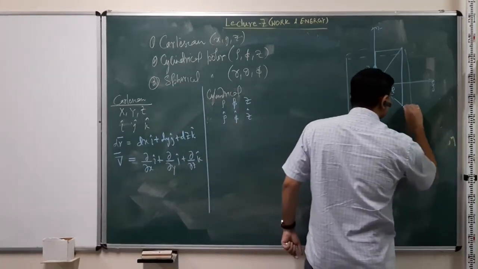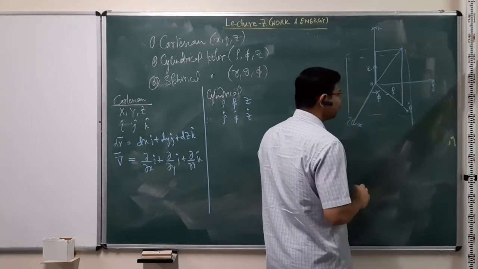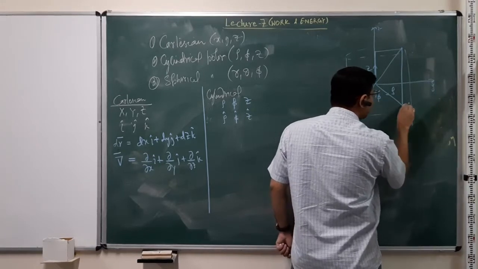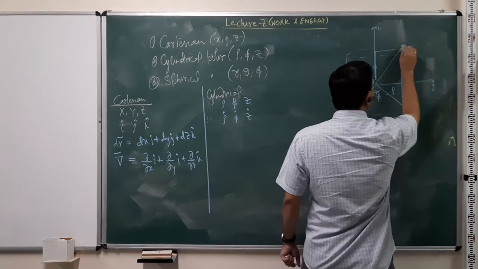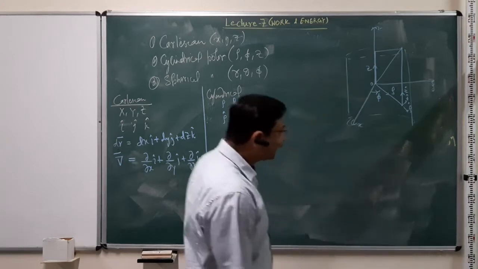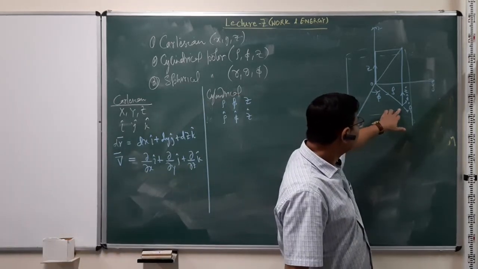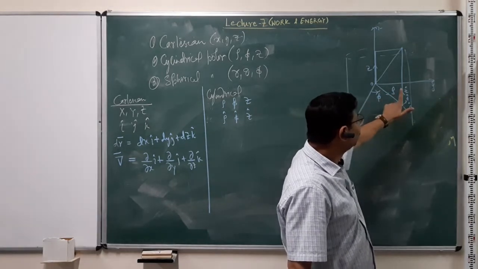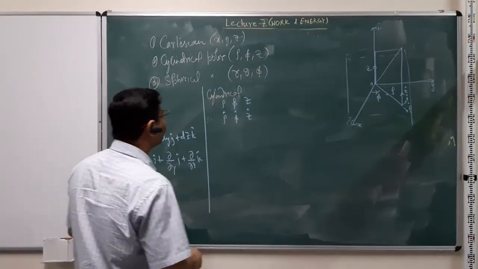Where again rho cap points in the direction of distance rho. Phi cap is along the angle, so phi cap points perpendicular to this, and z cap is then in the z direction. So z cap is the same as your xyz coordinate axis. And again, for example, here rho and phi lie on the plane perpendicular to each other. Z will be normal to this. So all three unit vectors are orthogonal to each other.